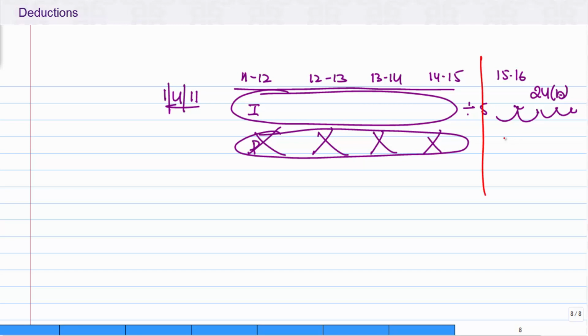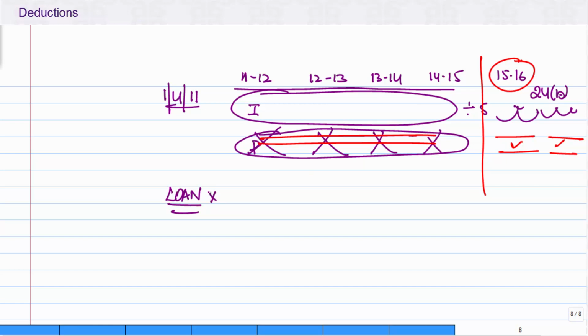In 80C, for the principal part, you will only get a deduction hereafter once the house is completed, and you will get the principal part of the loan. And of course, the banks will give you a statement at the end of the year. Okay, here is the amount of principal, here is the amount of interest, and you can claim that deduction. So no pre-completion. Now, 80C also does not say that taking a loan is essential. It's not. Even if you constructed the house with your own funds,